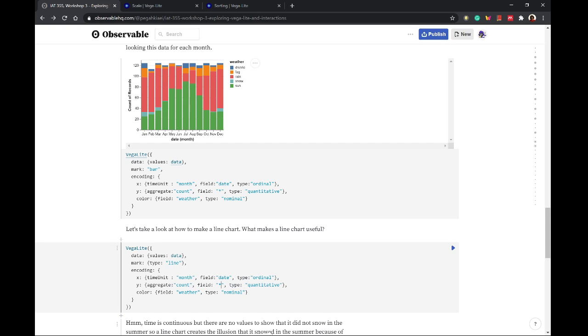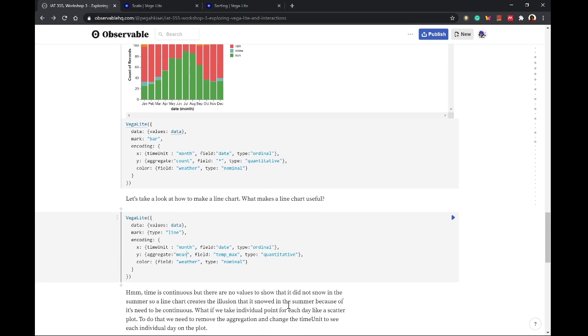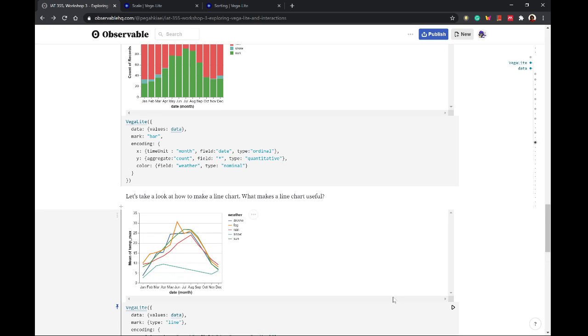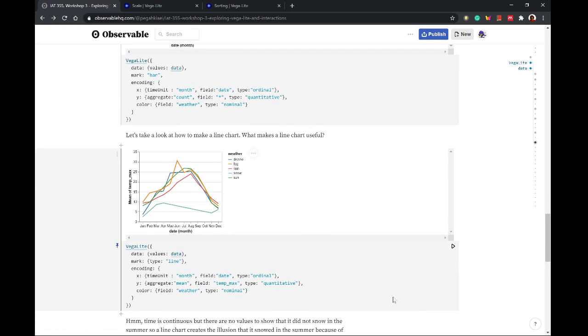So let's count the number of temperature max, and by count, so we're working with temperature, so it's better to get the mean of that value. And yeah, so here are the changes in the temperature for each of these types of weather during the month, which is kind of cool, but